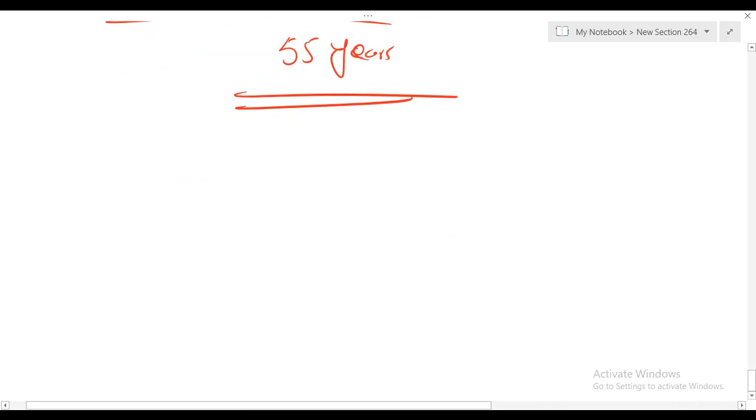Look at this. When an individual reaches pension age, then that individual is going to receive a tax-free lump sum payment